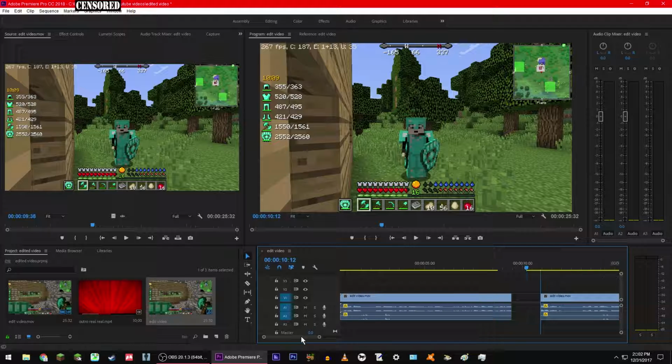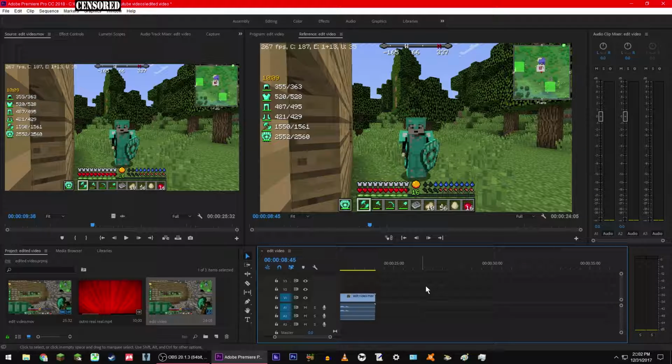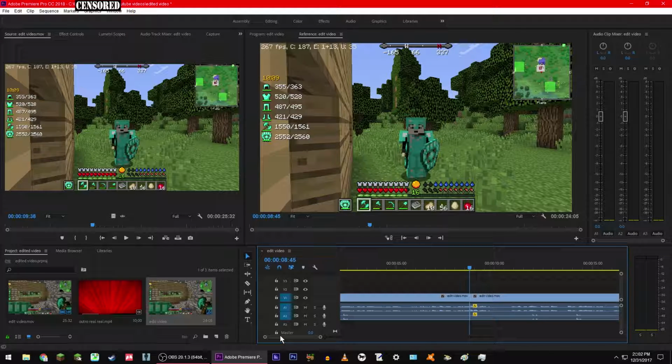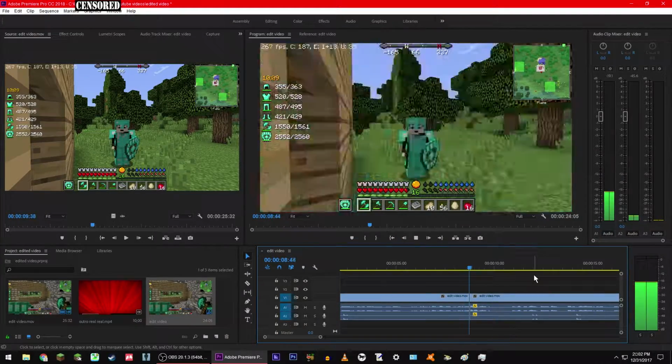Well, what you can do is right click here, and it's going to bring up ripple delete. And boom, look at that. If I did have any other edited video files, it's going to snap back into place and not mess anything up, and a file isn't going to be moved somewhere over here or there. It's all nice and dandy sour candy. So now if we watch it over again,